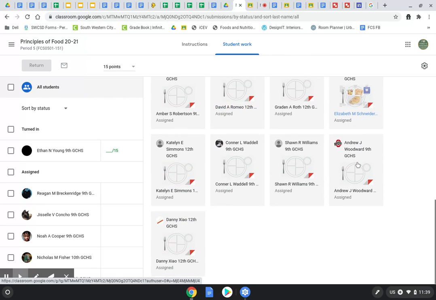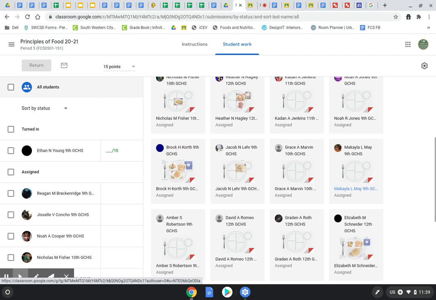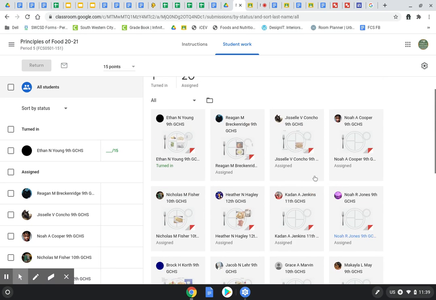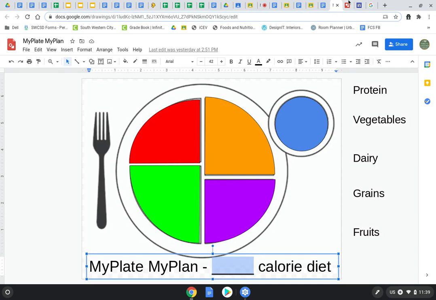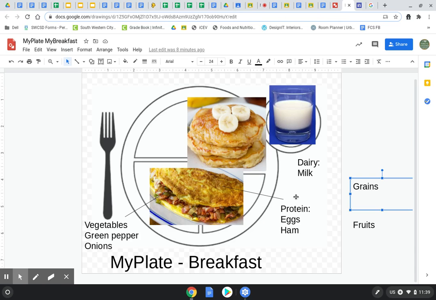Okay, so I'm going to share then the next step with you guys, because a few of you look like you're ready to keep going. Okay, so the next thing we want to do is think about how much of the food item we're eating. So on my plate right now, I've got my vegetables and my protein, my dairy. I would need to drag over my grains and my fruits to finish this up. I need to be able to say, how many eggs am I eating? How much ham am I eating?